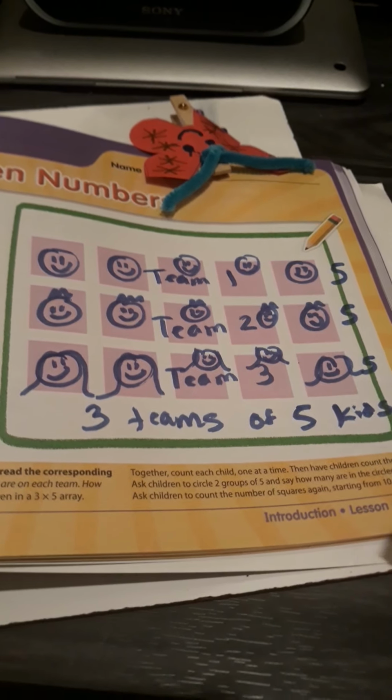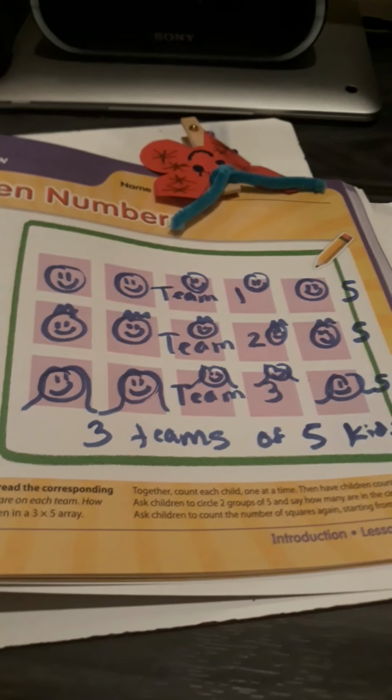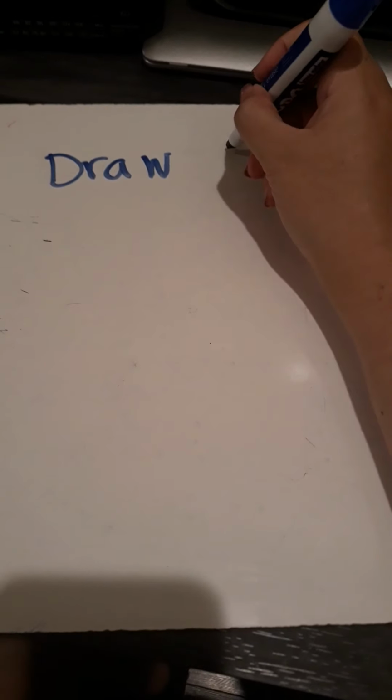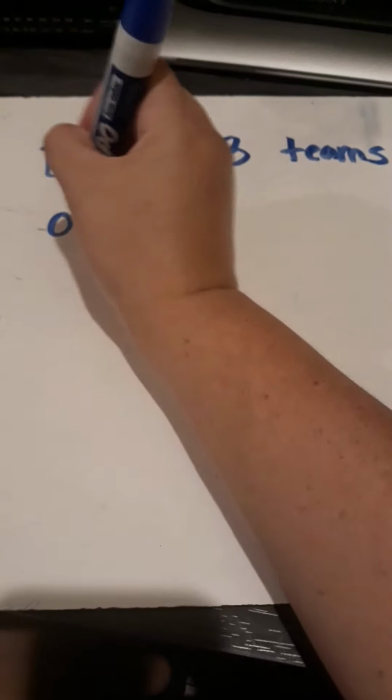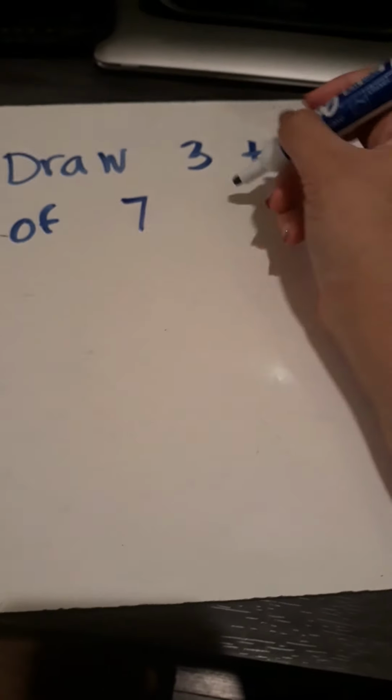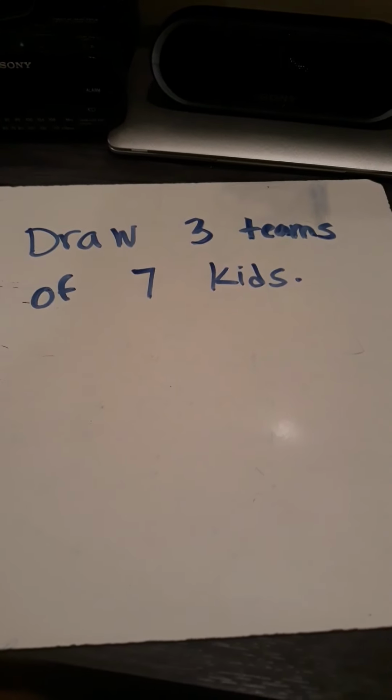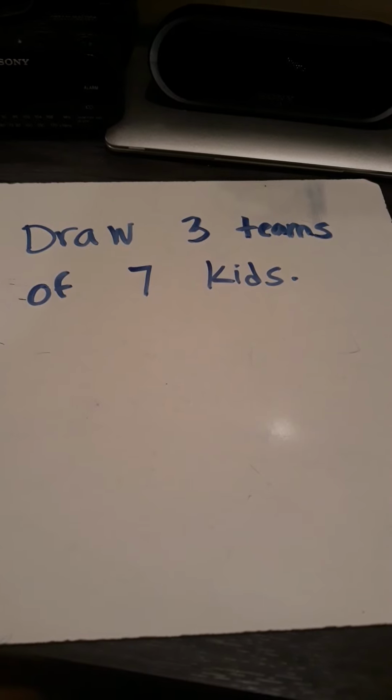Awesome. Okay, so for your work task, we did this one together. I wanted to give you guys a really good example. For your work task, on a piece of paper, I want you to draw 3 teams of 7 kids. Okay, so if you could please draw 3 teams of 7 kids on a piece of photo paper